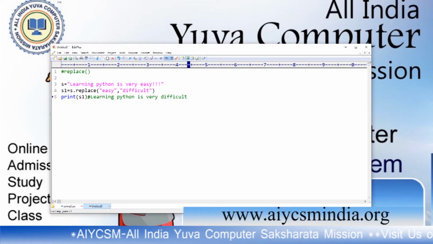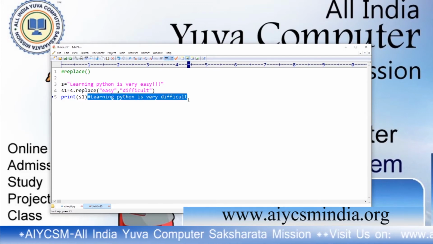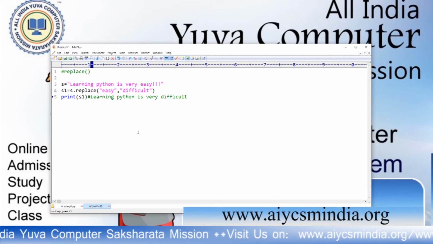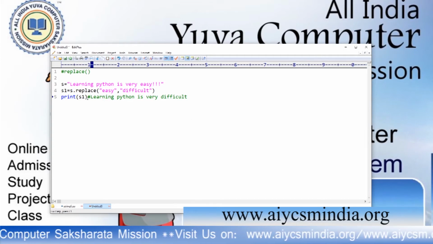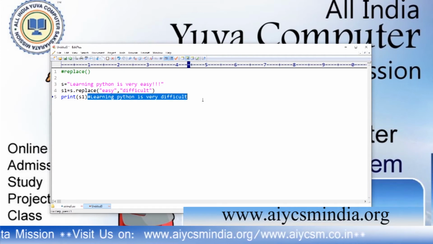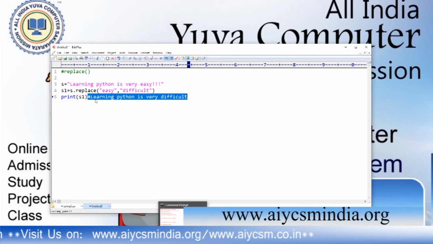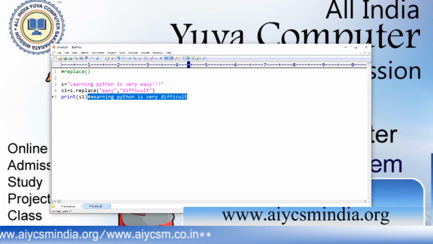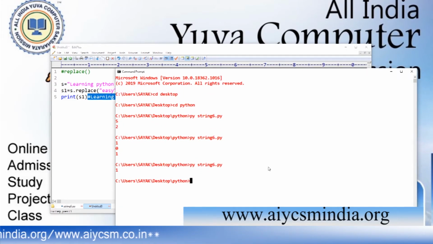These are the comment lines. If you put a hash symbol before any line, it becomes a comment. That means it doesn't execute with the program. These are message-like things. Okay, I am just writing this one for your understanding. If you write the program, I have to save the program first.